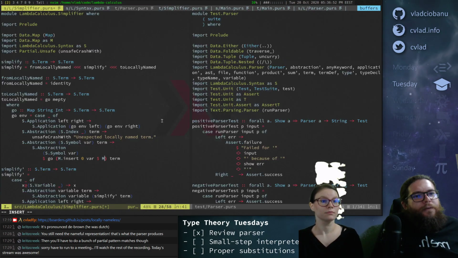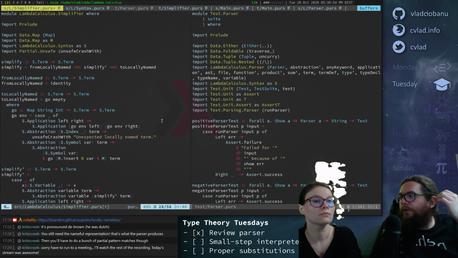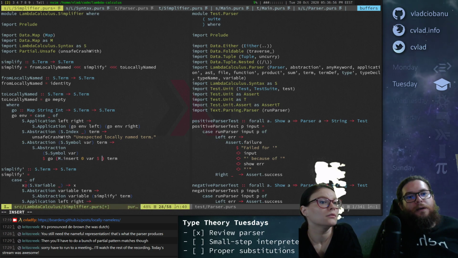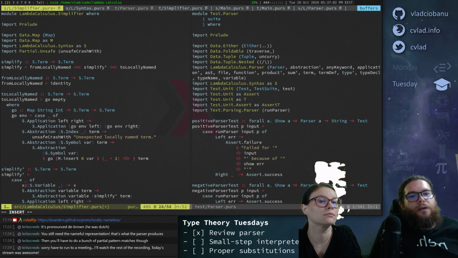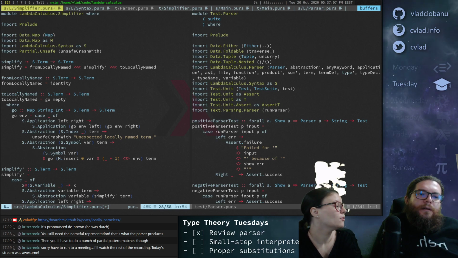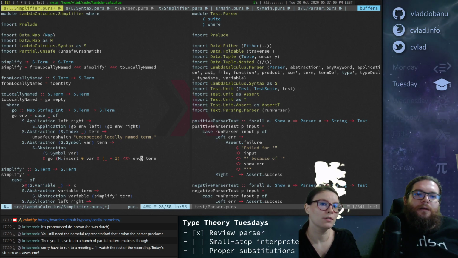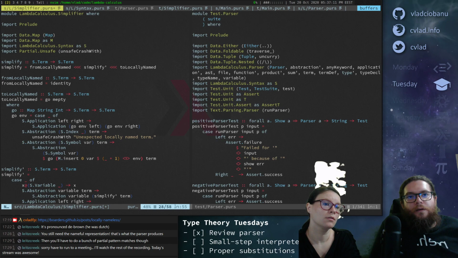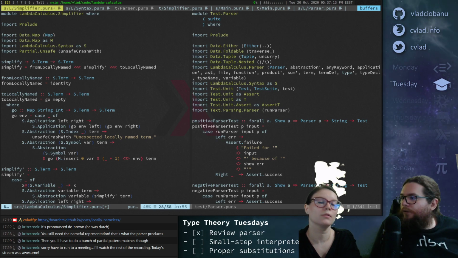If map is a functor. I was thinking about set. Set cannot be a functor, but map is. So we do +1 over environment. Right? You do the parsing first and then you do the simplification, right? You do the parsing first. Yeah.